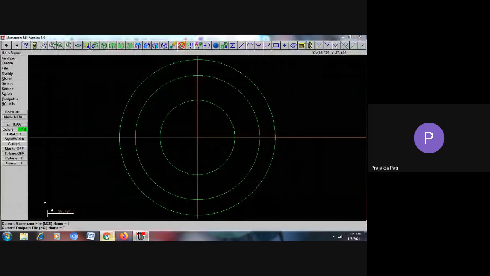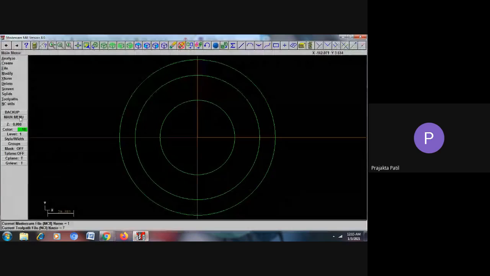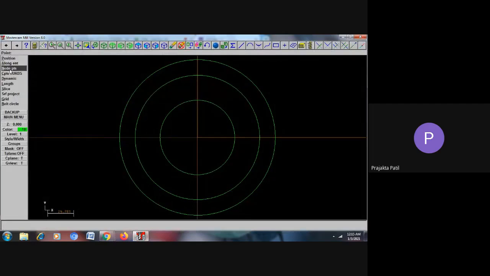Where are the holes to be drilled? It is at the intersection of the y-axis and this circle of 72 mm diameter. So let me go to, yes, I'm in the main menu. I'll say create point, and I'll just give the position where the points have to be placed. If you want, you can choose intersection as the point of reference, and you can mark the point.